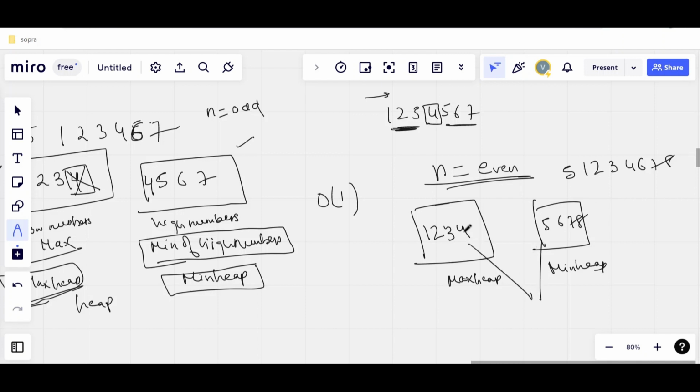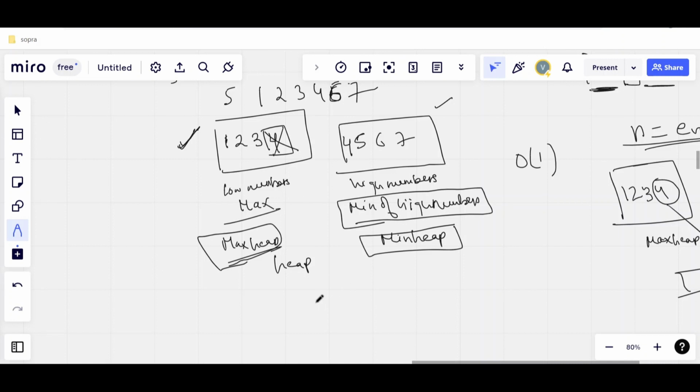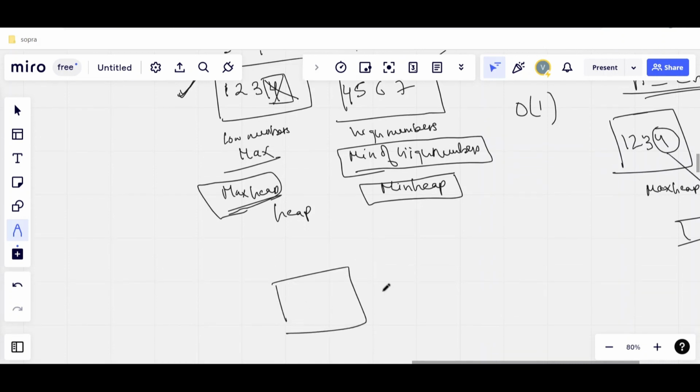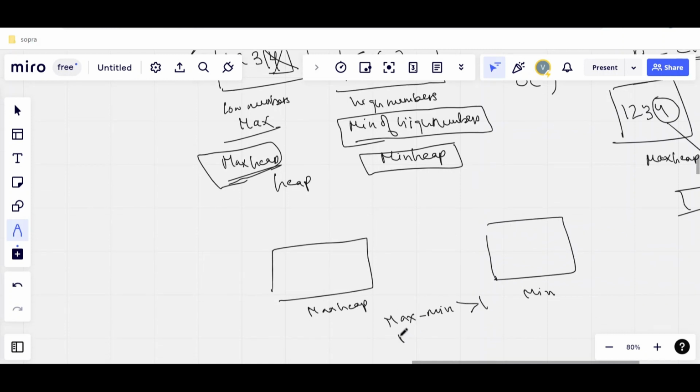Then we'll take the max from this container and the min from this container, and we'll calculate the mean of it. Now while adding into the max heap and min heap, it can be the case that one of the heap sizes can become greater than the other by more than one. So if this is a max heap and this is a min heap, if max minus min is greater than 1, or vice versa, if min minus max is greater than 1, we have to